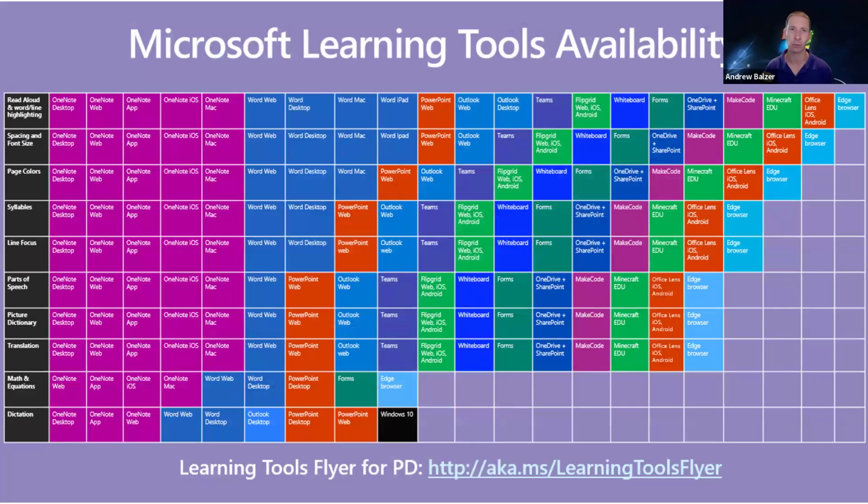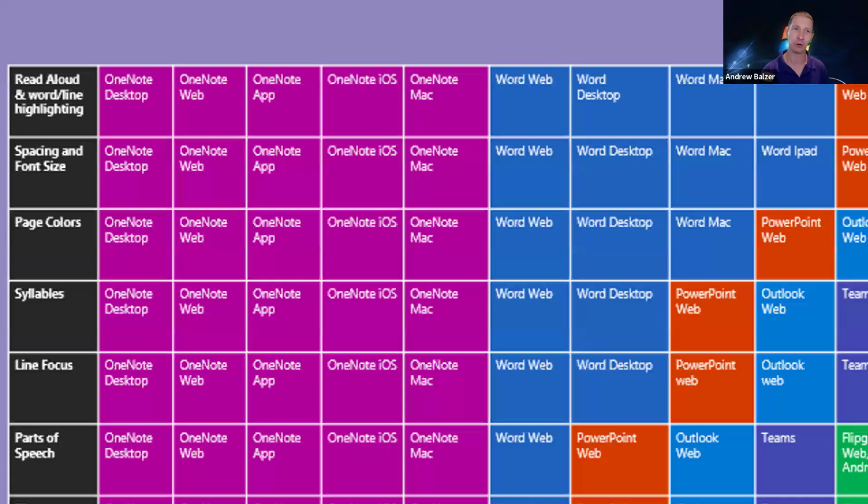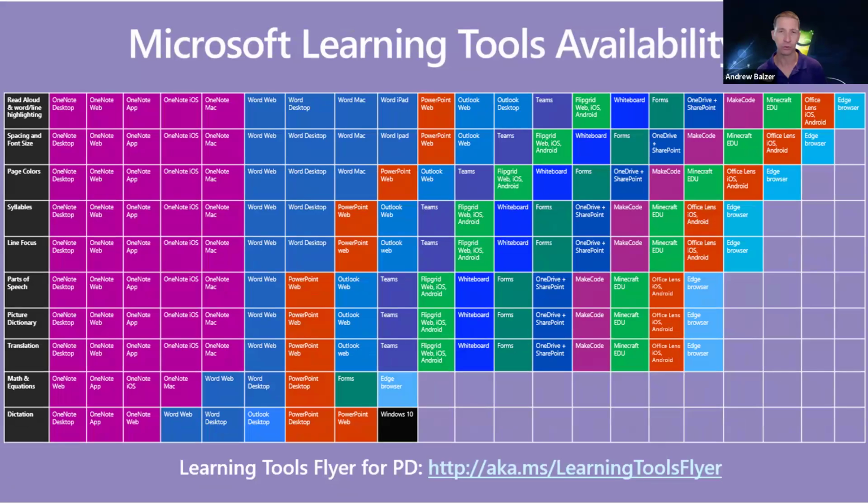So if you are a Word, PowerPoint, or Excel user, or any Office apps, what I have on screen right now are our Microsoft Learning Tools availability. So this is a matrix chart or a periodic table of elements, if you will. That will show you where you can find read aloud, spacing and font size changes, page colors, syllables, parts of speech. And we put these all throughout our Office apps, Word, PowerPoint, Mac applications, I should say, Whiteboard,